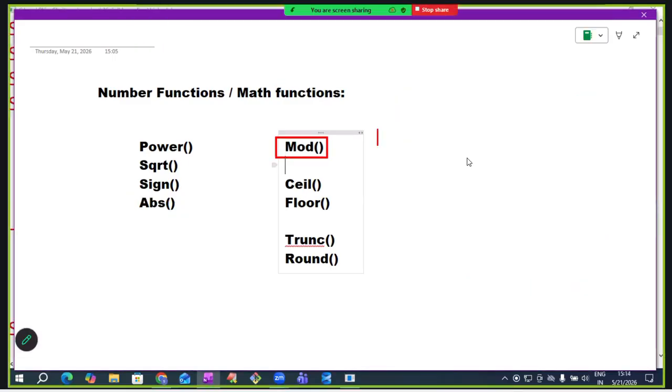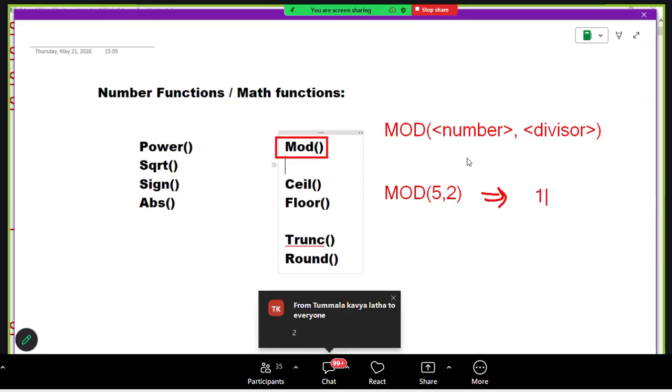Next one, mod function. Mod of. First argument is number. Second argument is divisor. Mod of 5 comma 2 I am writing, sir. 5 we are dividing with 2. It returns remainder value. 2 2s are 4. Remainder is 1. To get this remainder value,